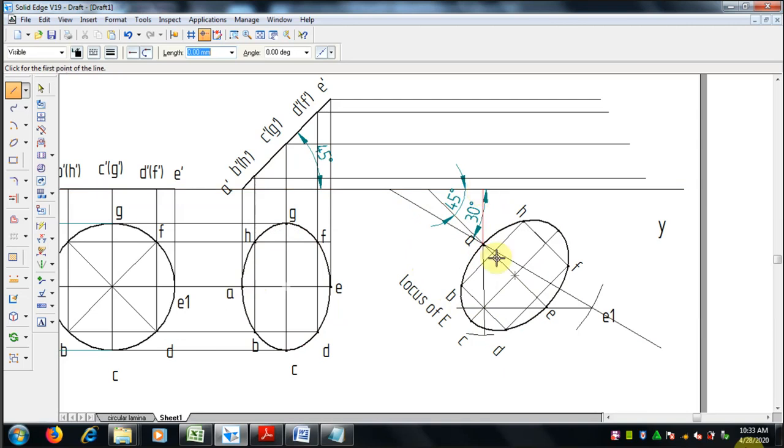A and A dash where it meets, B to B dash, C to C dash, E to E dash, up to H, extend that.